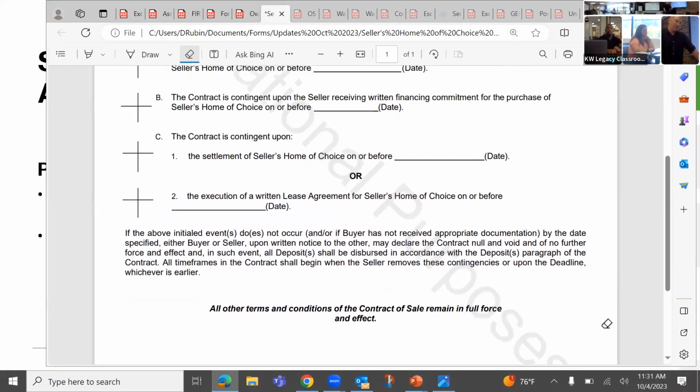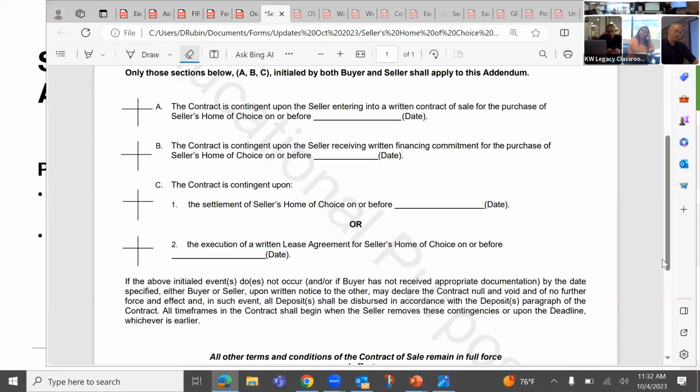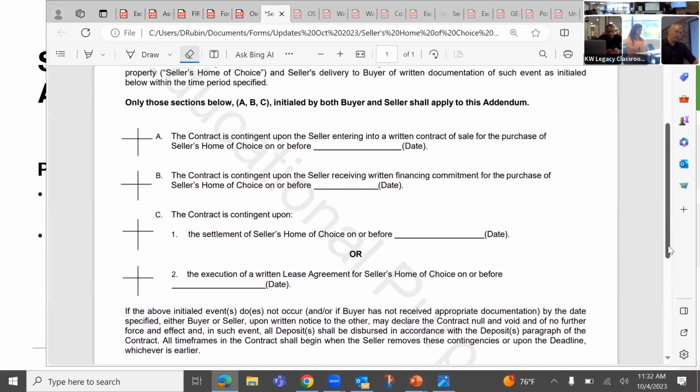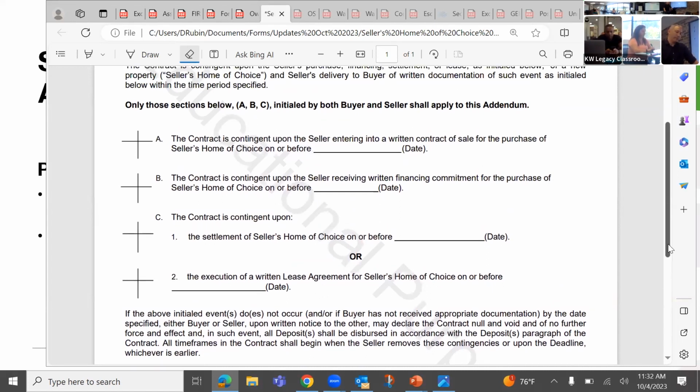Well, it kind of reminds me of third party approval, right? I have to show written approval and I have that opportunity in the contract to say either my timeframes begin when the contract is ratified or my timeframes begin upon receipt of written notice of third party approval. But I'm just questioning whether timeframes includes EMD deposit, or just those other contingencies, quote unquote. Yeah, I mean, all timeframes in the contract is pretty darn broad. I think the easiest argument is to say, yeah, even the EMD, which is why